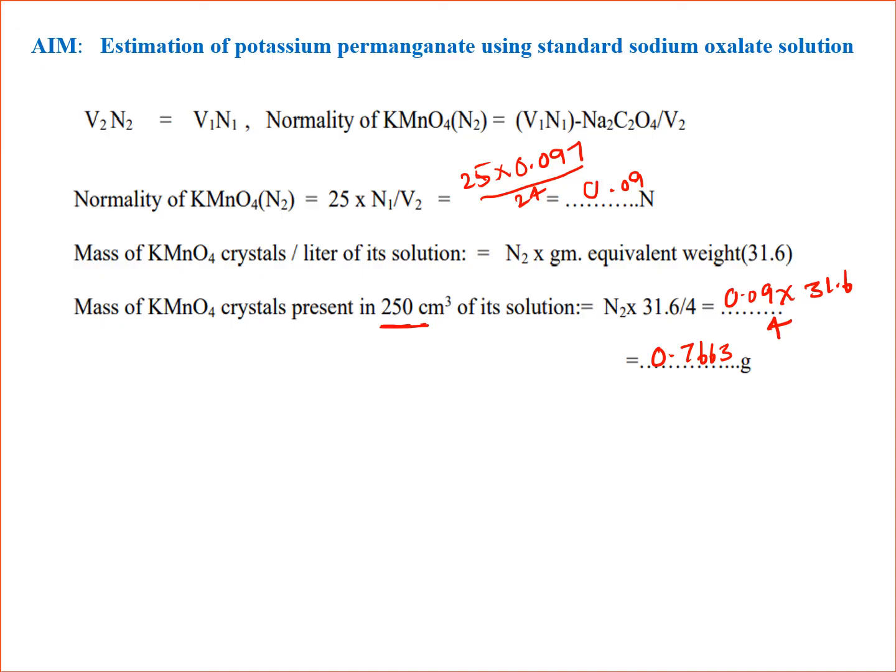The first part is done, and for the second part you should follow the protocol. You should titrate against the KMnO4 taken in the burette, and in the conical flask you should pipette out 25 cm cube solution plus one or two test tubes of dilute sulfuric acid. You should heat the solution to nearly boiling, then titrate in hot condition itself. You titrate until it gives a permanent pale pink color. Then you should note down the end point value and substitute. Repeat the titration until you get concordant values, then stop and go for the calculation.